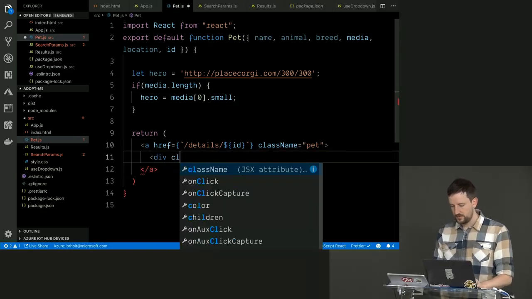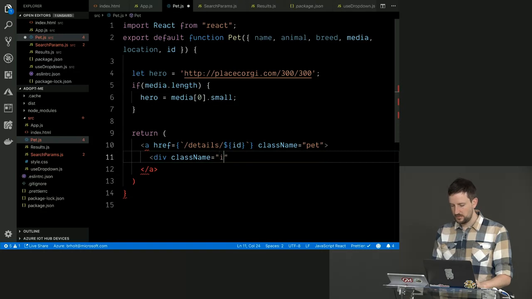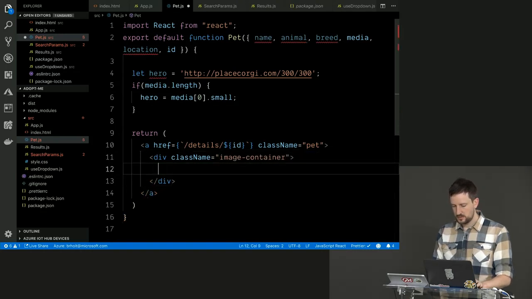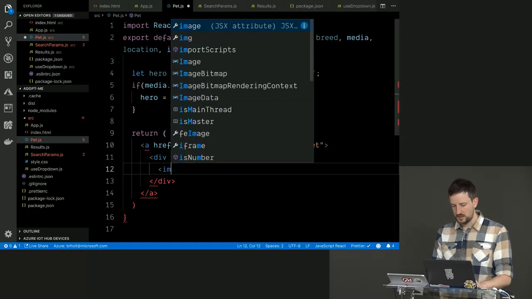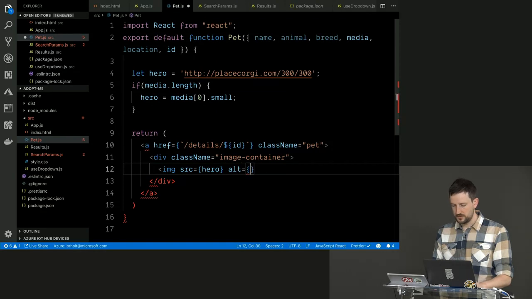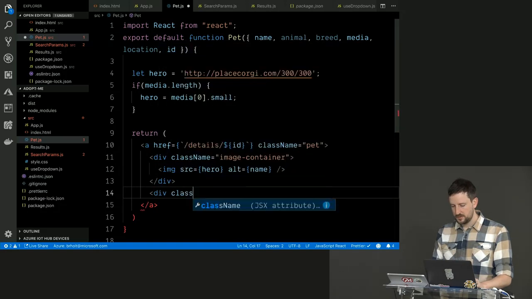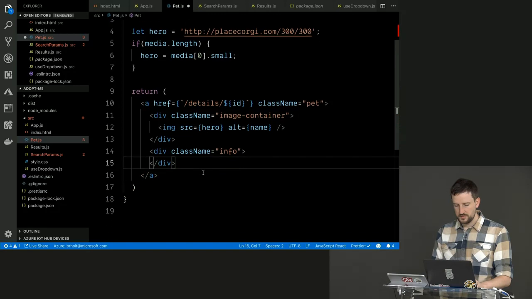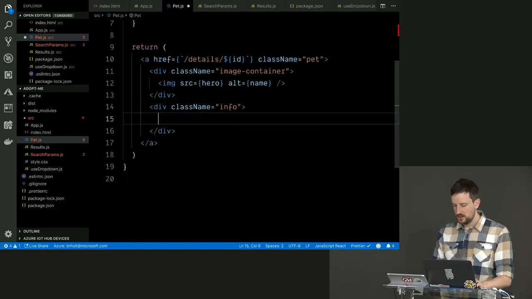Inside of that, we'll put a div with className equal to image-container. And inside of that, an image where the source is equal to hero and the alt is equal to the name of the pet. Okay, beneath that, we'll have div className equals info. And inside of that, we'll have an h1 with the name,